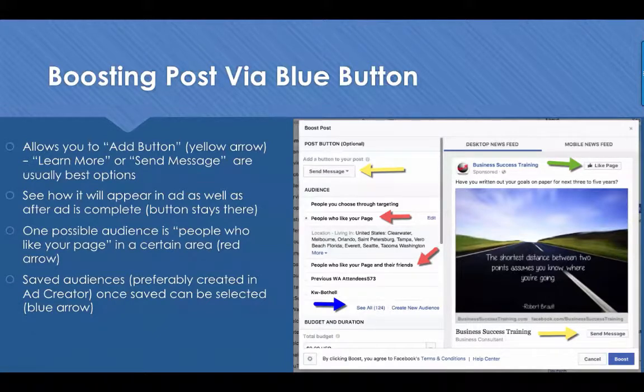Let's say that you were doing an event in a certain part of town. You didn't want to necessarily promote the event, but you want to create brand awareness about networking or whatever you do. You go ahead and promote it to people that like your page, so you get a lot of engagement, and you only show it to people that are going to be in that city that you're in. Let's say you're in network marketing or direct sales, and you happen to be going to Washington State. You wanted the people to know your name. You would go ahead and then promote it to people that already like your page in that area.